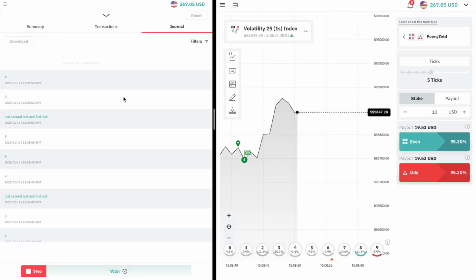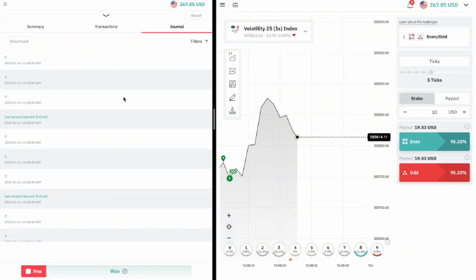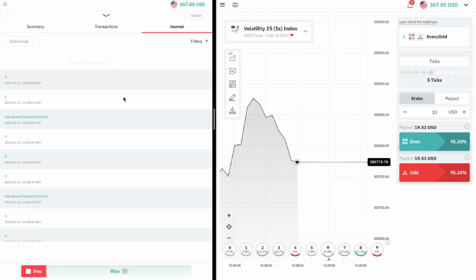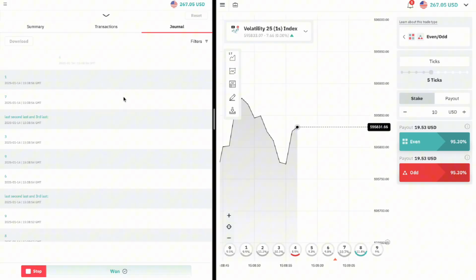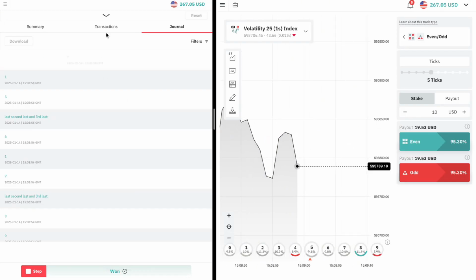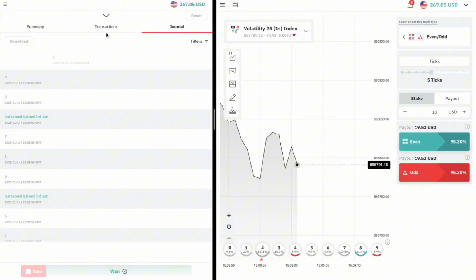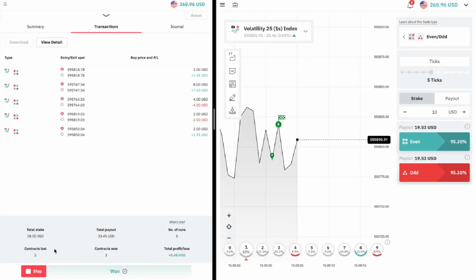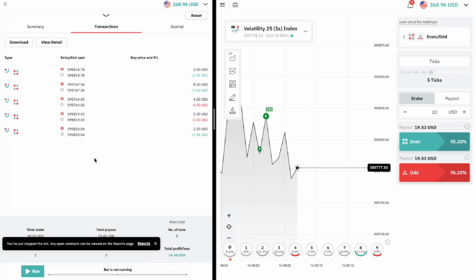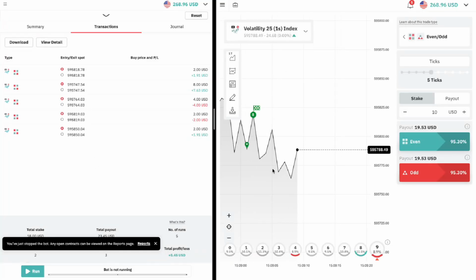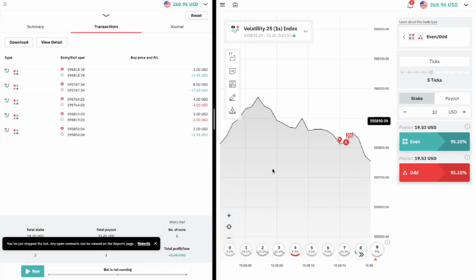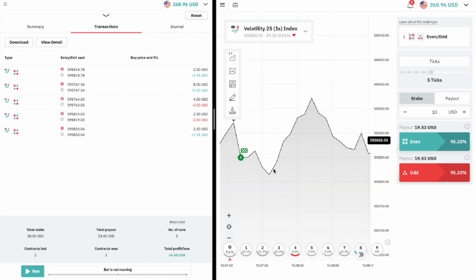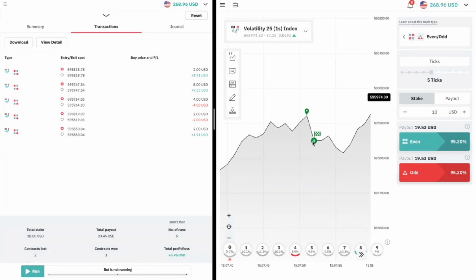So you can test, if you're testing on demo, you can test with as many trades as you want. But if you're testing on a live account, it's just good to ensure that you're testing something that you're sure of. That is the last one, and it went to even. So whoever had commented on the strategy, I don't know how much they had tested it, but you can see this was the first run.